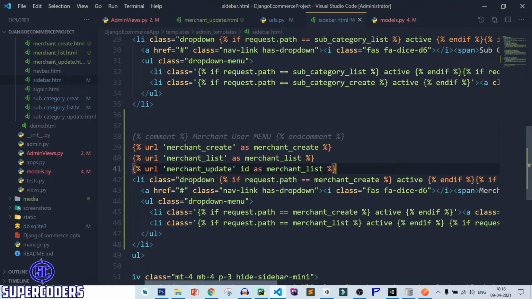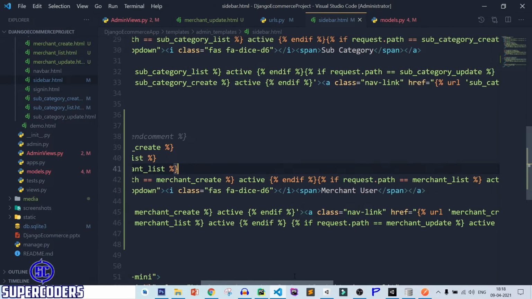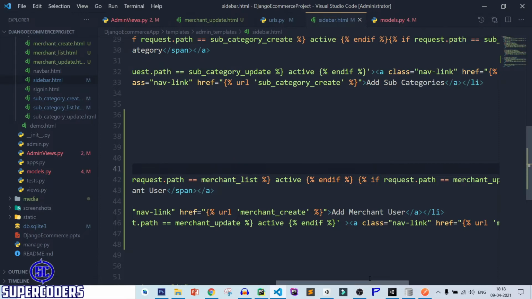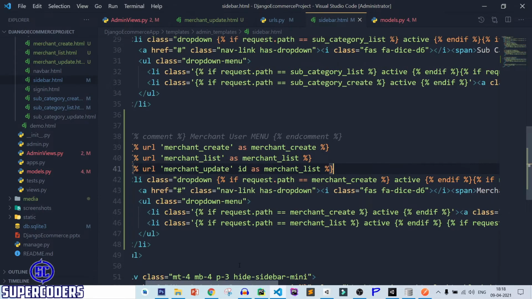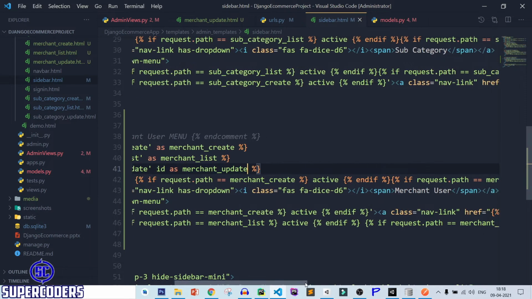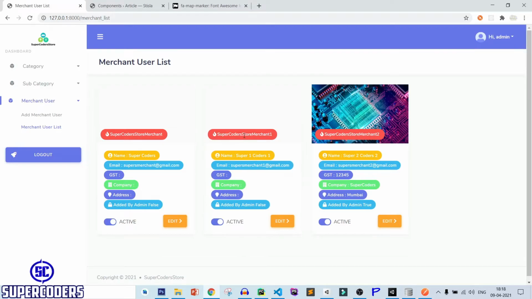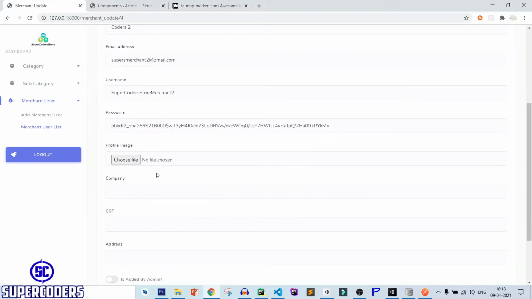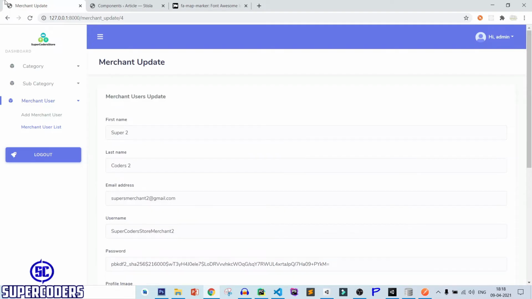So let's see merchant list, merchant update. Save it, refresh page, and you can see it is showing merchant user list. After that, if I check this detail, you can see the company data is still not showing.